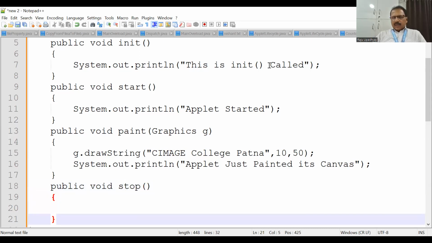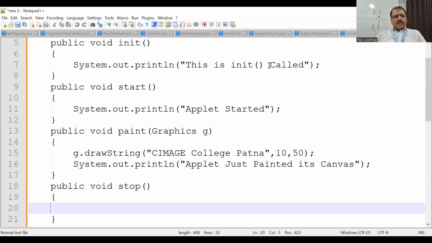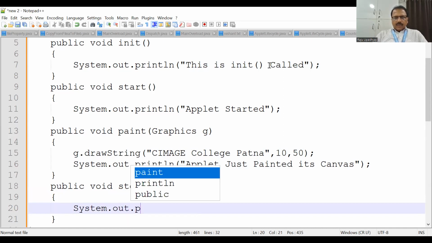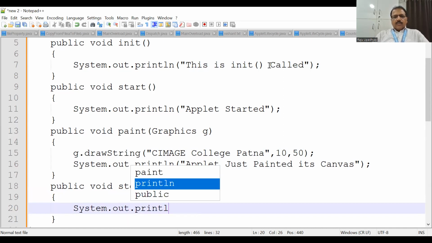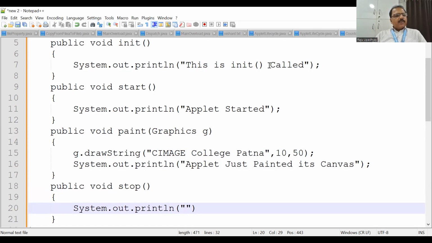Within this, I will be writing something on the screen. Here I'll write system.out.println, right? And I'll be writing a user-friendly message here like applet stopped,